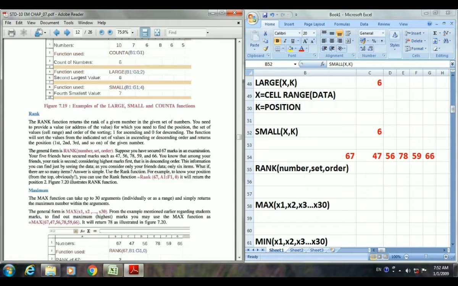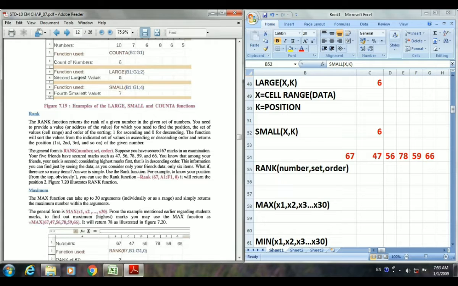Then the set, meaning the whole cell range, and the order, meaning in which order you want to arrange your data, ascending or descending. Here 1 is for ascending and 0 is for descending. If you write order 1, it will arrange your data from small to big, and if 0, then big to small. Then the function will sort the values first, and then return the position, first, second or third position.